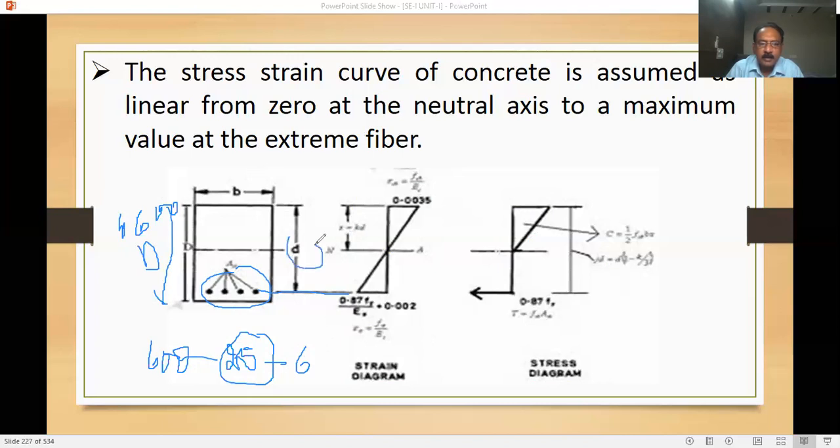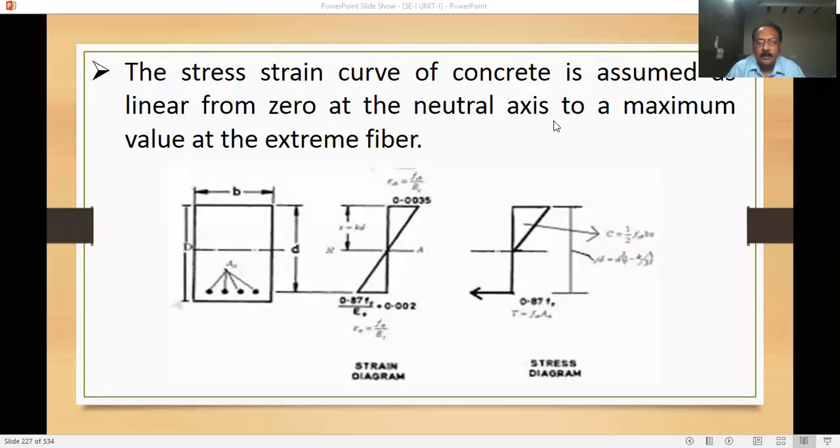This is small d. So you know the neutral axis is where it balances. This is a balanced section. Concrete compressive and tensile forces will balance at the section. This is the neutral axis. You know the neutral axis definition. From the neutral axis, the strain diagram is directly proportional like this. The stress diagram is 0 at this level. Your tensile force will be like this, but here your compressive force like this. So in this way you have to do calculation in working stress method.